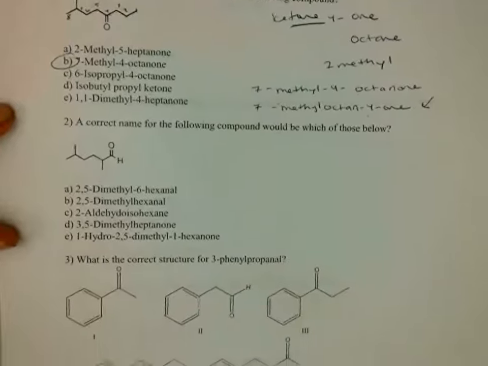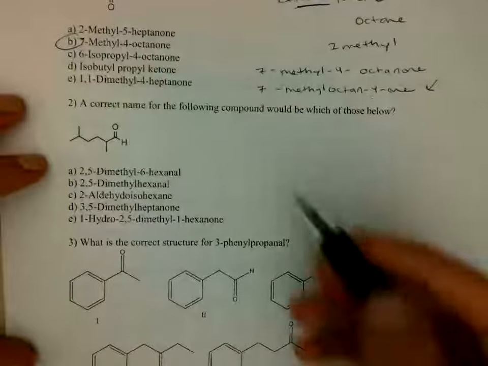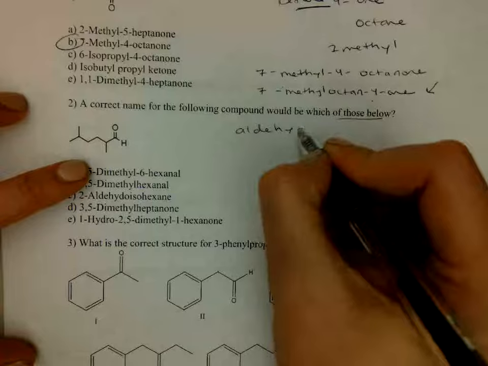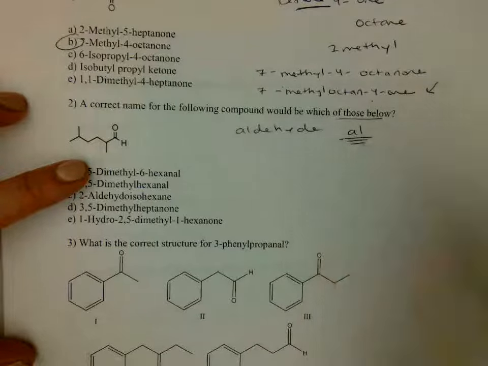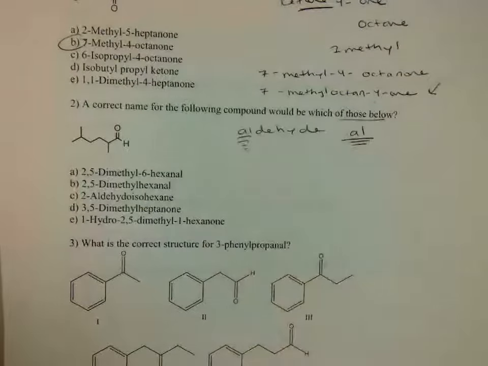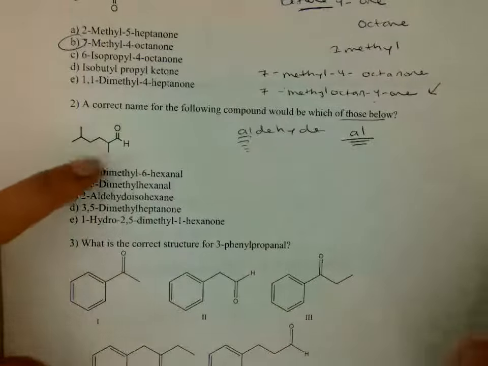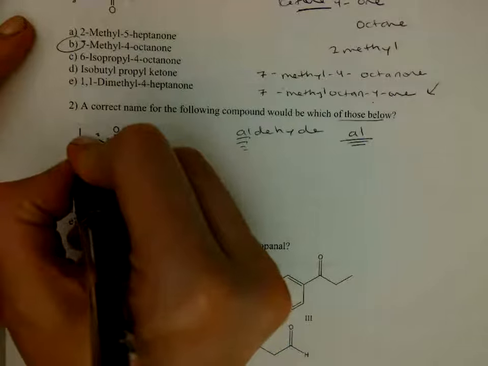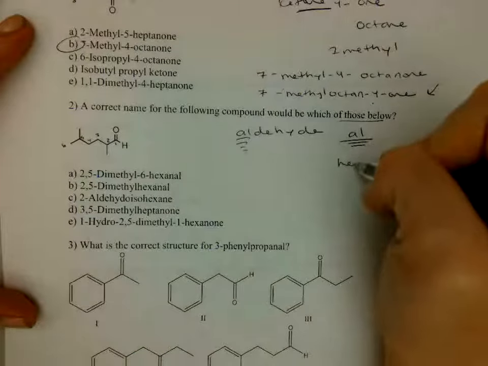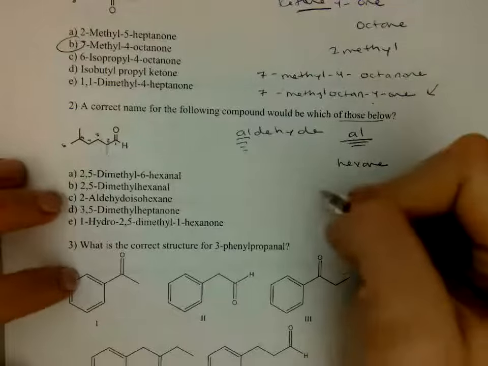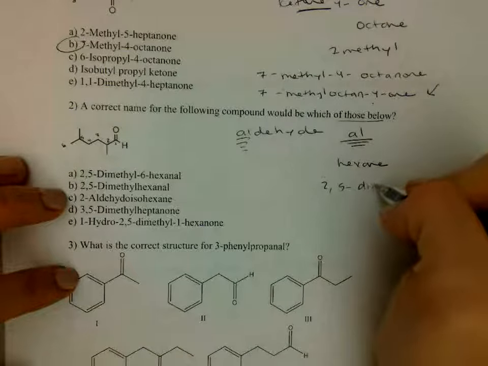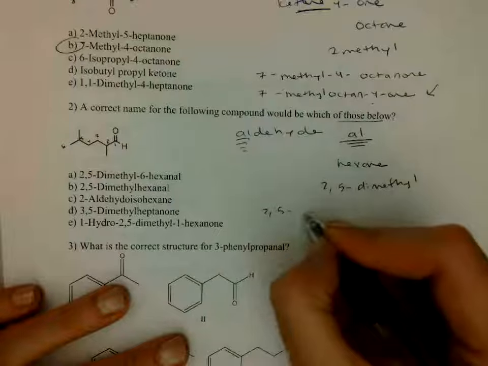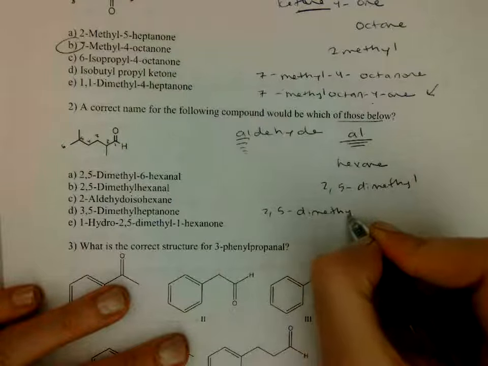And then for number 2, the correct name for the following compound would be which of those below. So this is an aldehyde, and aldehydes end in "-al" from aldehyde. So that's an easy way to remember it. So whatever it is, it's going to end in "-al". 1, 2, 3, 4, 5, 6 is the parent chain, so that's hexane. And then substituents are a 2 and a 5 dimethyl. So then you can combine it all. It'll be 2,5-dimethyl